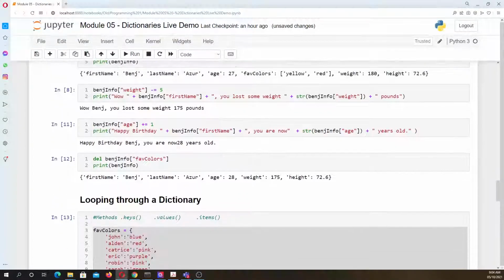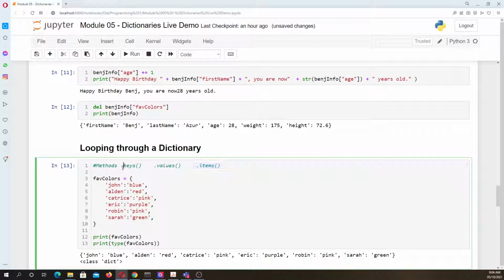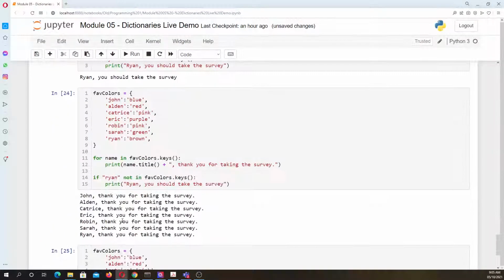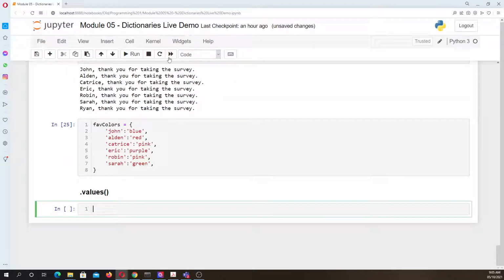So, na nga ulit tayo. Ayan, that is, that values, and then the dot items. So, we are done with the dot items, we are done with the dot keys. So, ang pinakapang grand finals natin is the dot values. So, let me insert markdown, tapos triple hashtag, tapos dot values. Ayun, no? So, for the dot values,